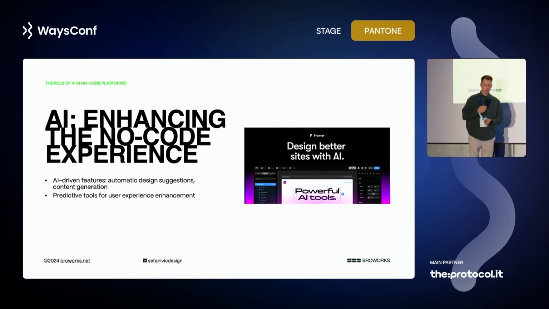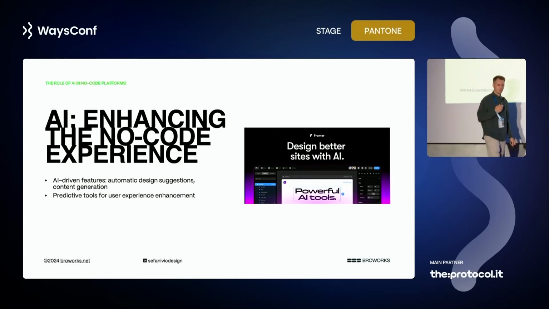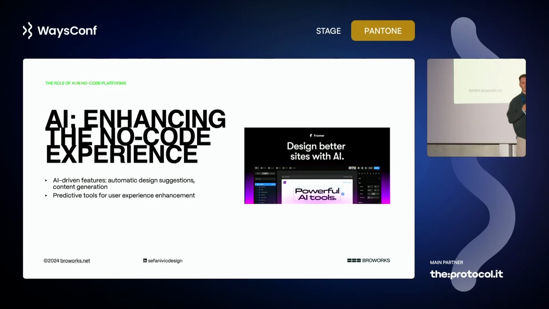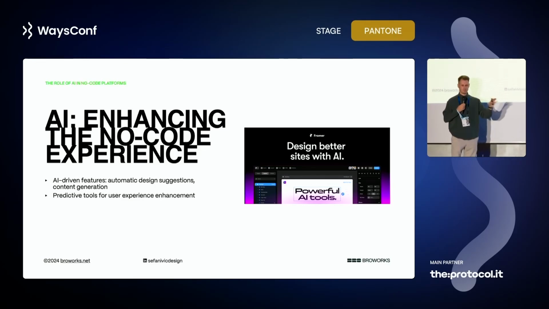Now, many no-code tools have already started to implement it, but they're just in the beginning. Webflow did acquire a company called Intellimize, and they're planning to start releasing many updates for AI. But they're just in the beginning. They just published something to generate content in the CMS. I don't know much about WordPress, but I know that Framer took the largest step in all of that because they added AI so that you can actually generate a website with a prompt. So something like ChatGPT. You have a bar, you type the prompt, and you generate the website completely.